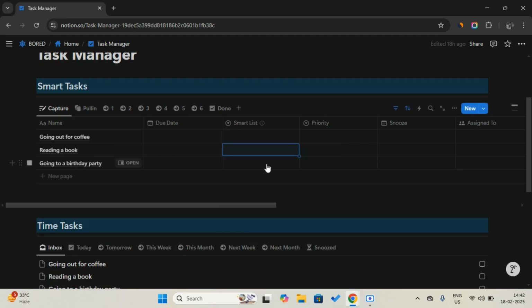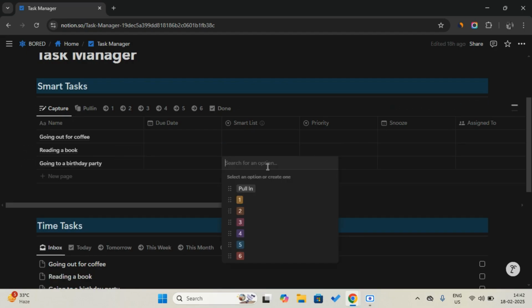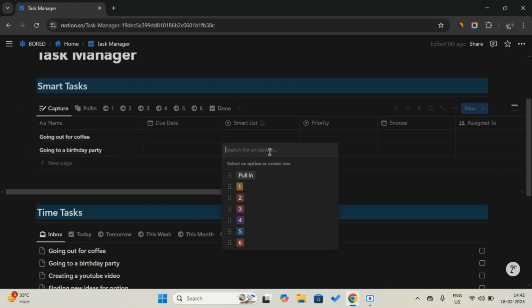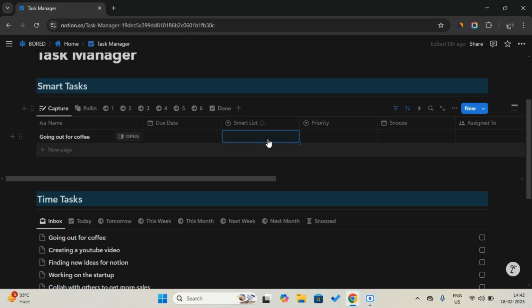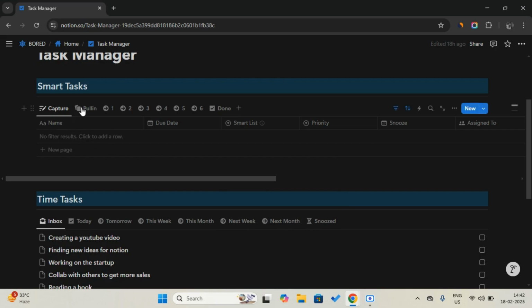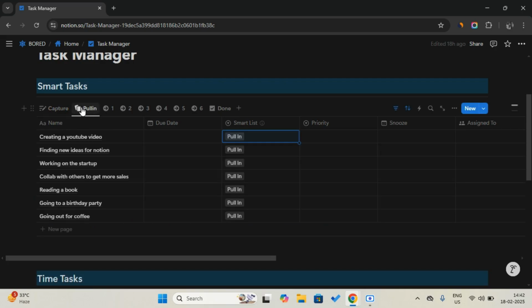Please pull in reading books, then pull in this one too. After pulling in just the tasks which really need to be done today,